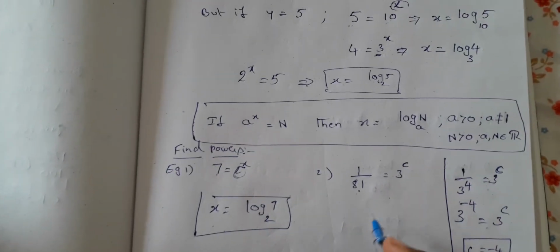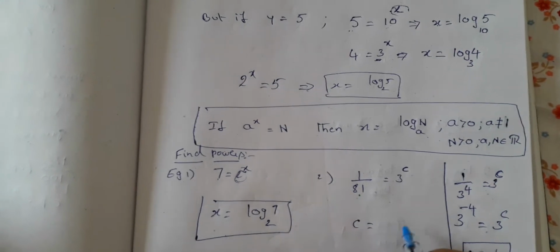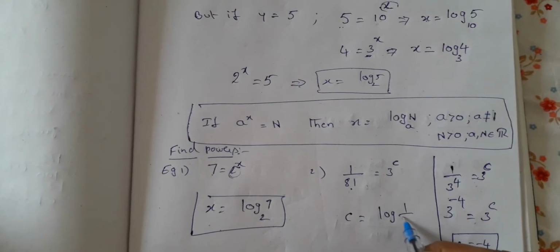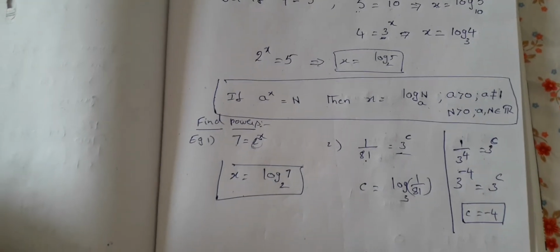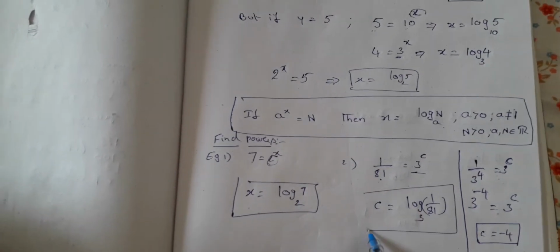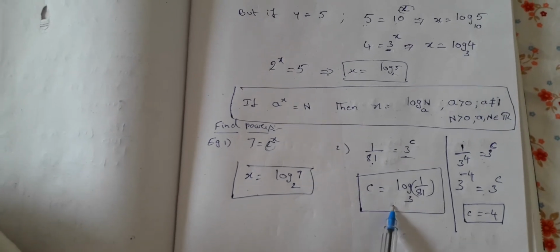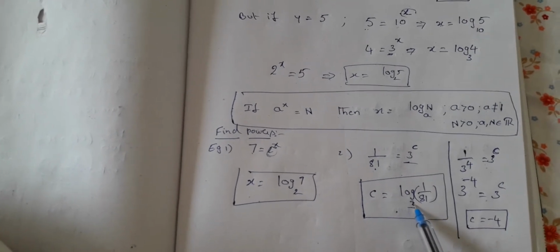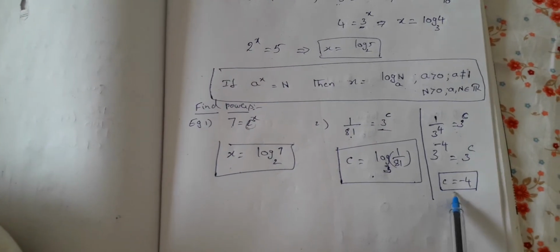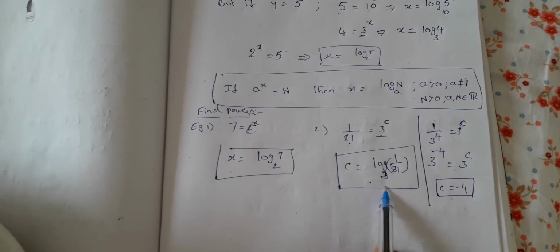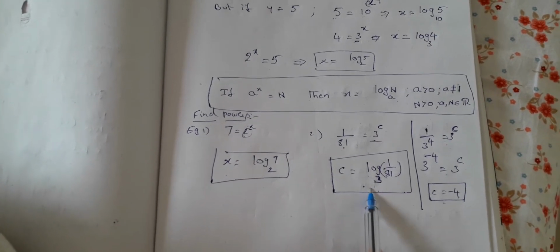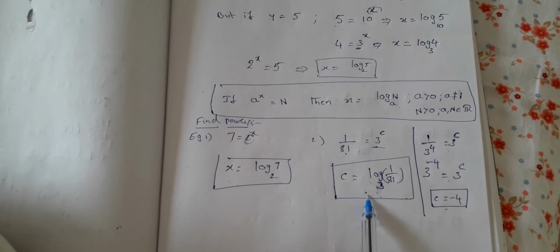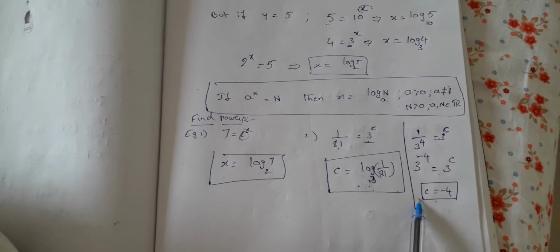We are going to write it with the basic formula, that's all. c is equal to log of the LHS. What is the LHS? 1 by 81. Whatever base is there, that is the base here. So this is how we are going to solve it. This example we can take, and afterwards when we discuss the properties of logarithms and simplify this, we are going to get the same answer. Try to remember this one: log 1 by 81 base 3. After learning the properties of logarithms, you can solve this and prove that c is equal to minus 4.